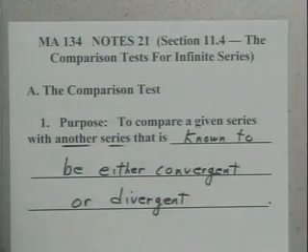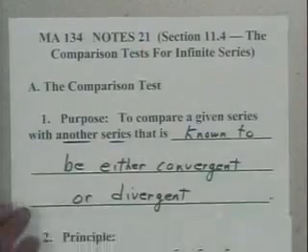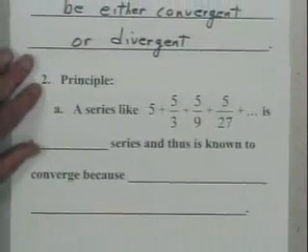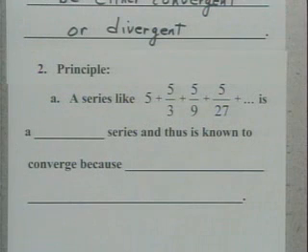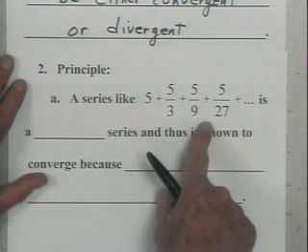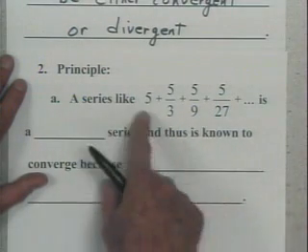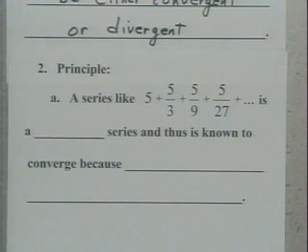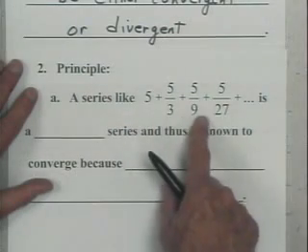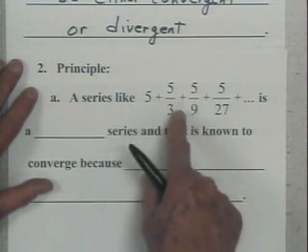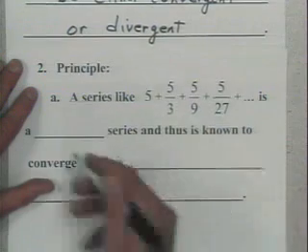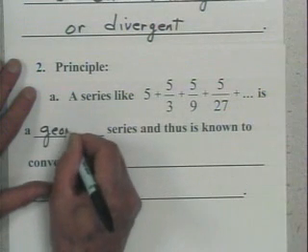Sort of makes sense. Well, how does the principle work here? Well, we're going to give the principle by way of an example first before we convert it to a theorem. But here's a series that we know a lot about. If I said, what does this series do? You'd kind of look at it and say, boy, that thing looks a lot like what kind? Geometric. Can you see the common ratio is a third? Every time you go to the next term, you're multiplying by a third. So you say that's a geometric,